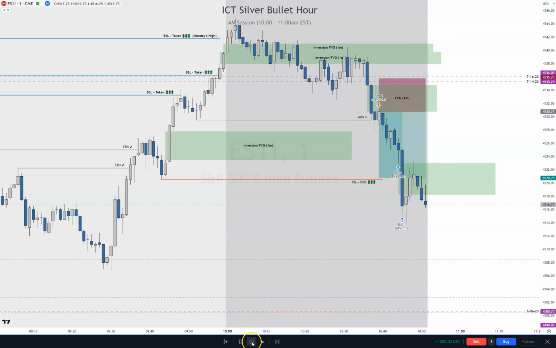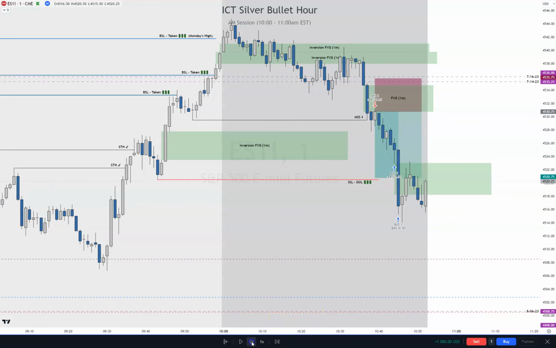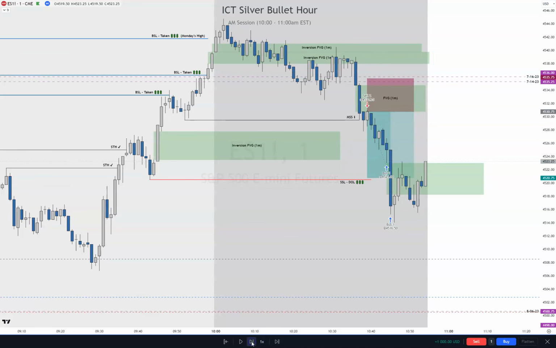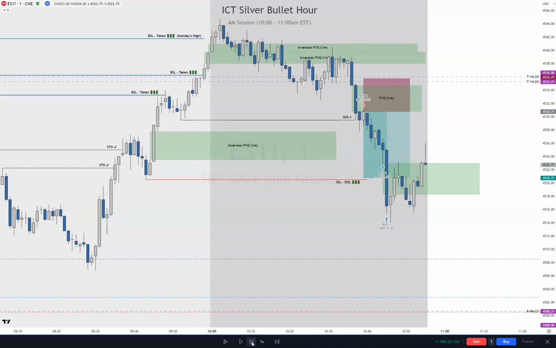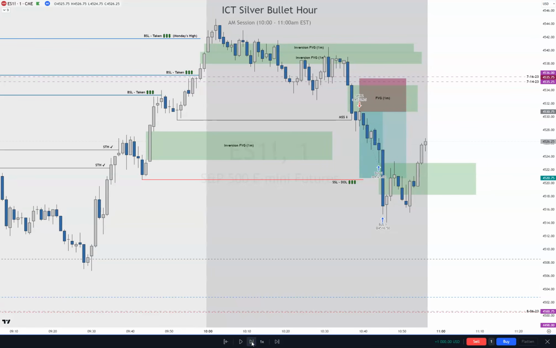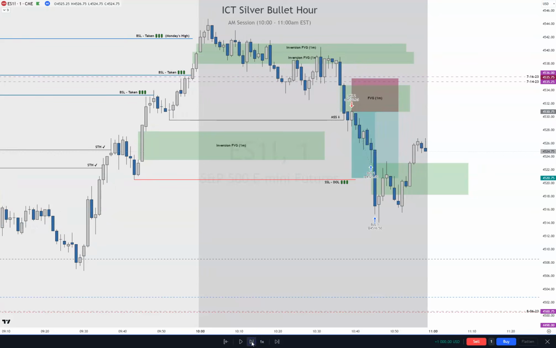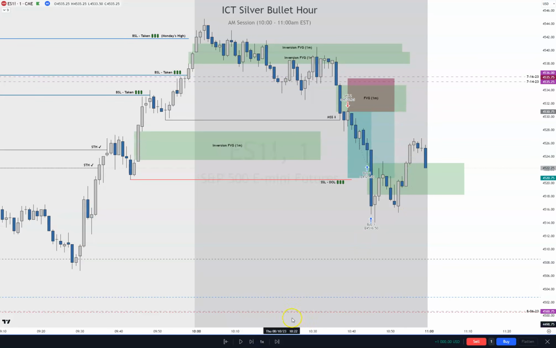So we'll just see how this plays out. It's already almost past. It's close to 11 o'clock. Okay, now it's broke through, so that would be an inversion fair value gap. So let's see how that works out. See if it holds price, and maybe we target this new week opening gap again. You never know.